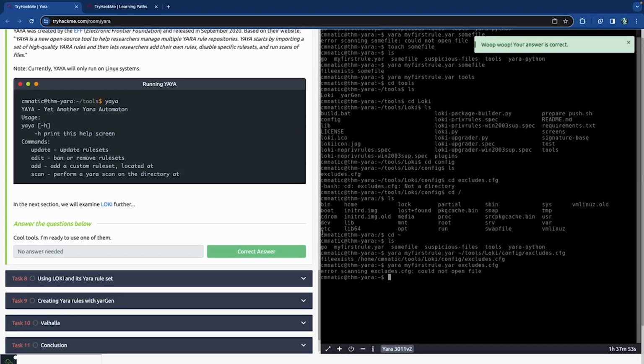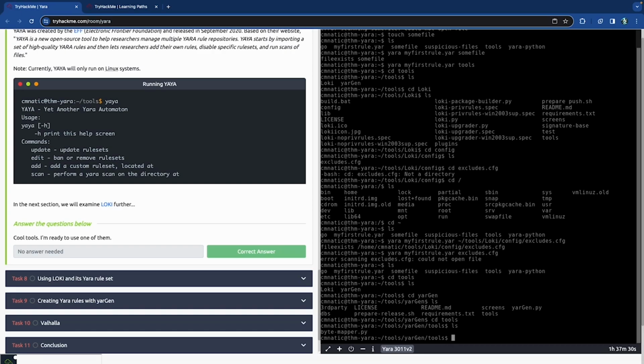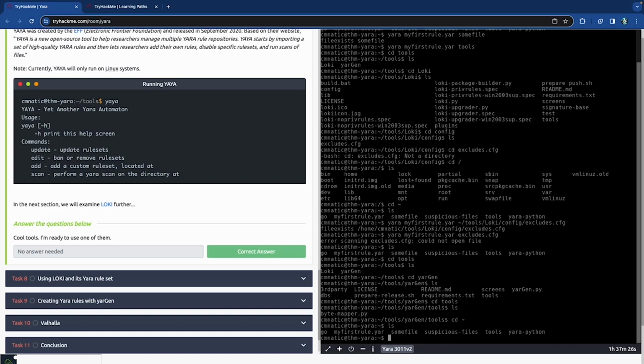So let's actually see if this exists in our little tools file. If I go to cd tools and list that, we have Loki in there, and we have yargen. So yargen, and what is this? Third-party DBS, tools yargen.py. Let's go to tools in here. What do we got? And that's byte mapper. Okay, it doesn't seem like there's a bunch of tools in there, but we do have Loki,